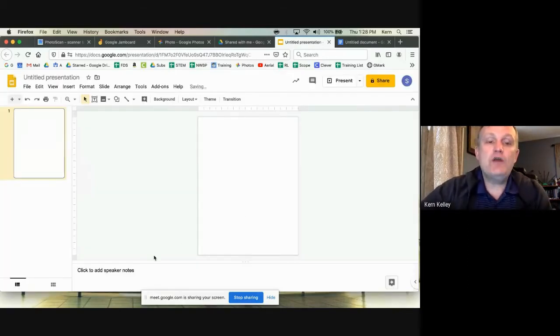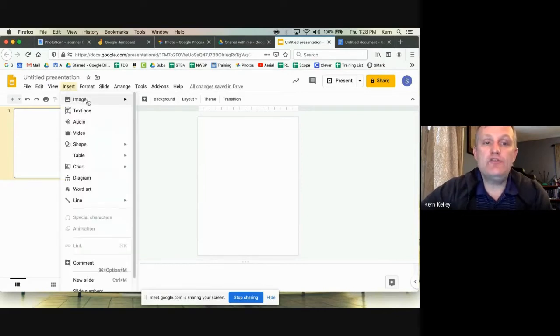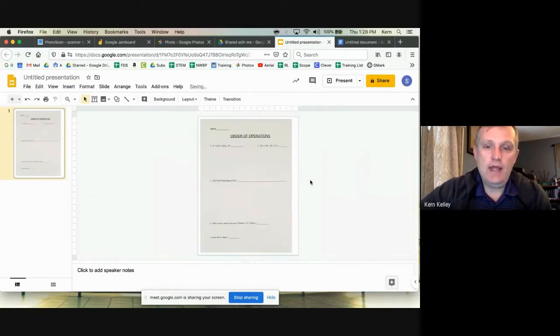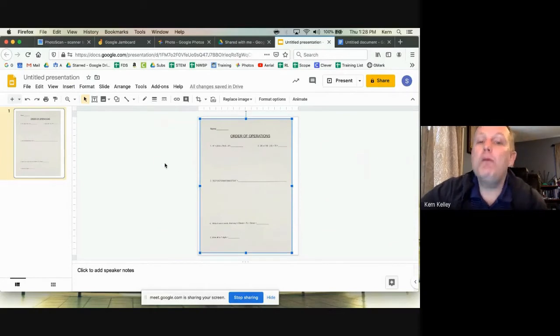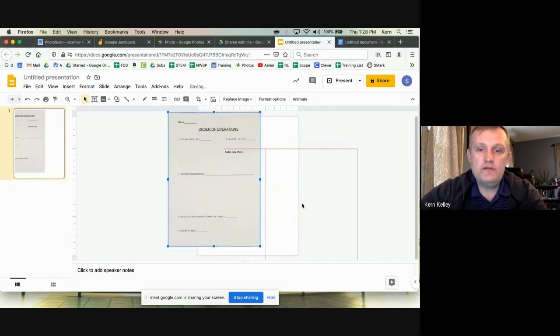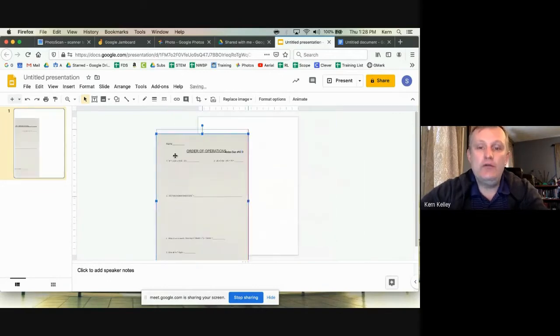And now if I do that same process where I click Insert, Image, Photos, I can find my photo, I can insert it, and again, it's okay, but it's still problematic. And the reason why I say that is if a student wants to type, they can put a text box on top of it and type their answer in here, but they could also accidentally move this, right? It's not locked down in that sense. It's still kind of movable.